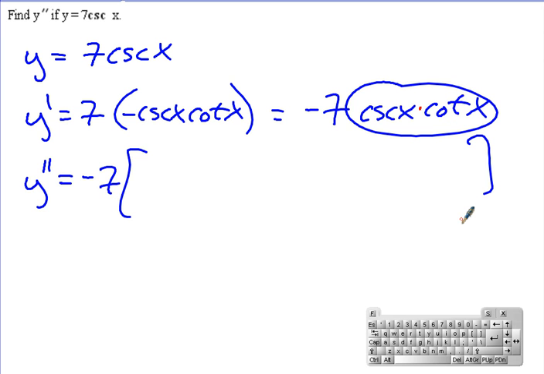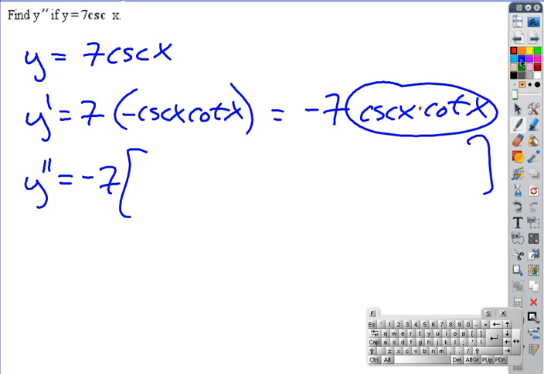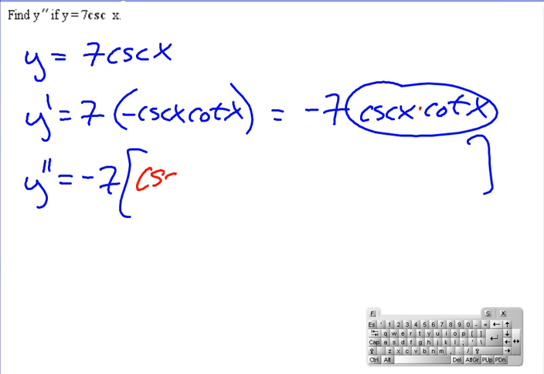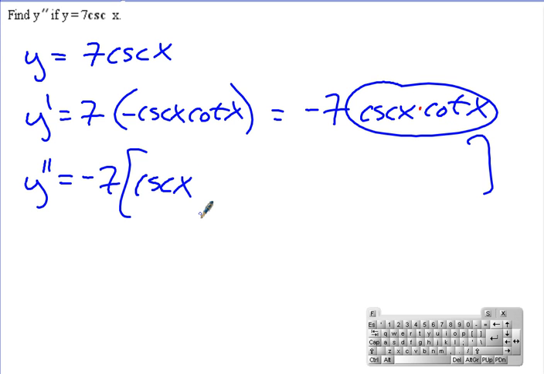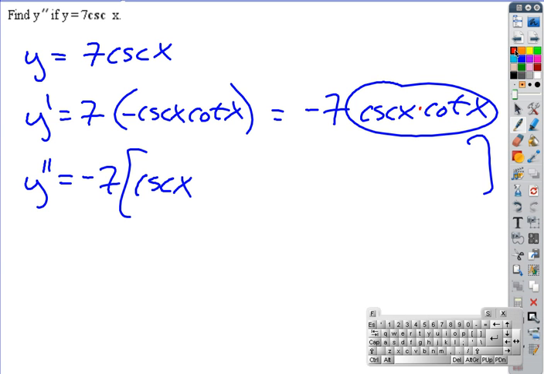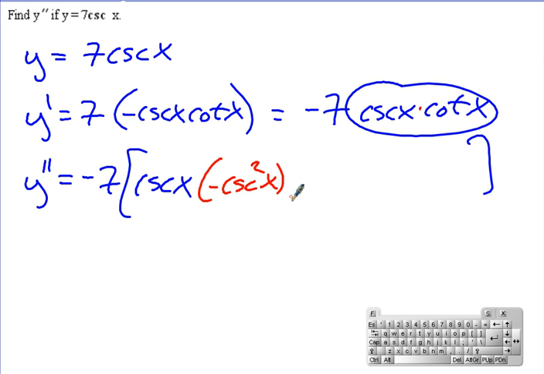So that's just going to be the first, cosecant x, times the derivative of cotangent x. What's the derivative of cotangent x? Negative cosecant squared x. Okay, plus